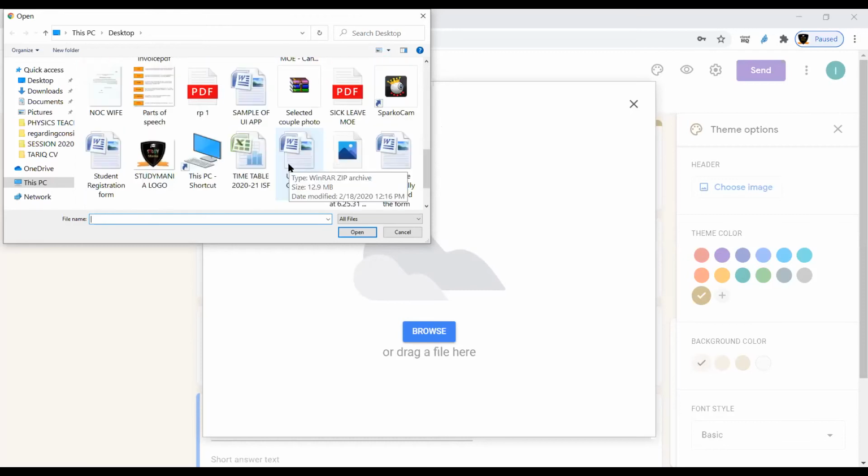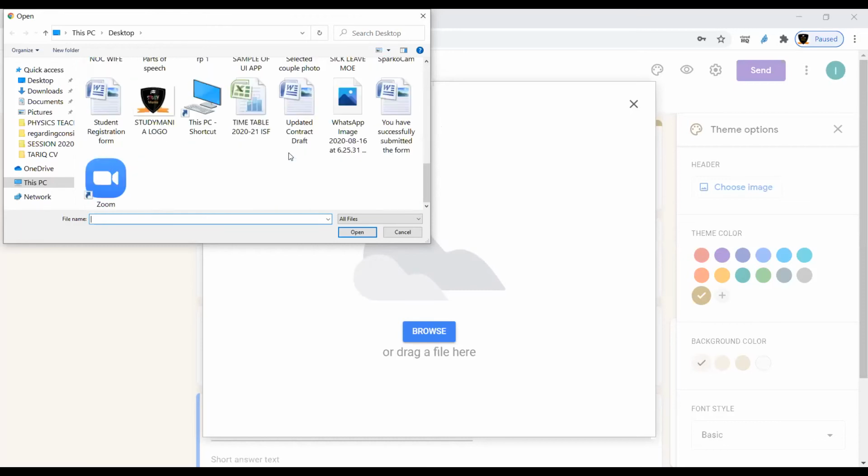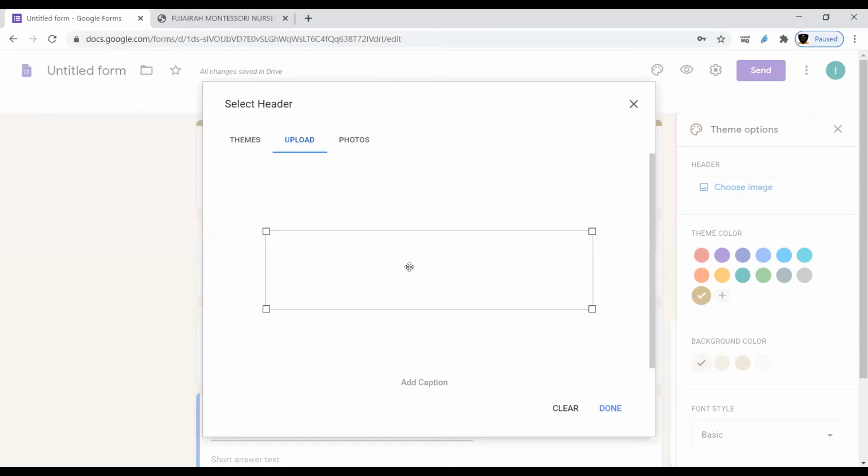This one. Now open. Once you open, it will not show you the exact position of that image. This is the blank space. So you have to judge the fields only. So let's say I just judge the fields in this way and I have adjusted it, like done. Let's see what's the preview.